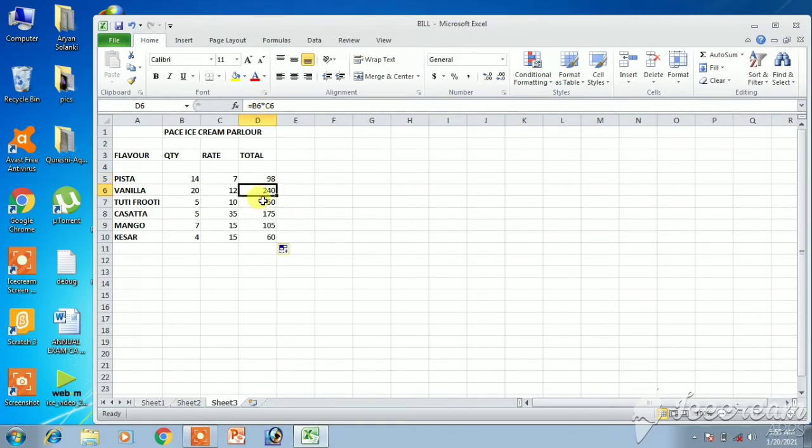Now what happens, students, when we drag the fill handle downwards, the row number changes, and if we drag it horizontally, then the column letter will change. Got it? So right now we want the answer downwards, so we have dragged it downwards. The formula will be copied accordingly. You can check B10, C10 we have multiplied, and we got the answer.